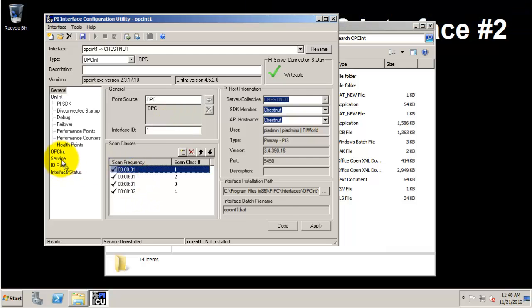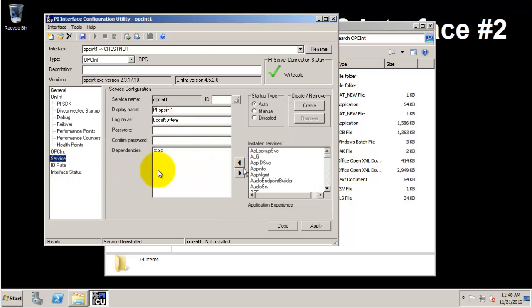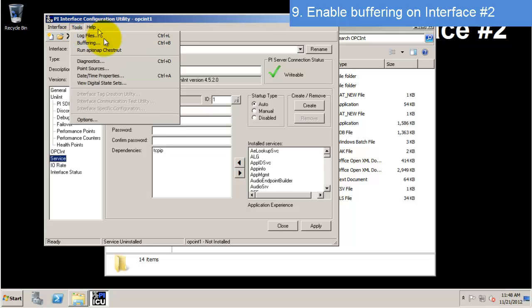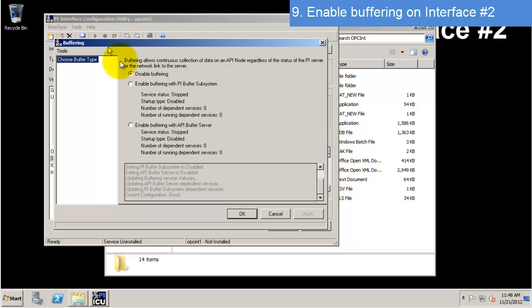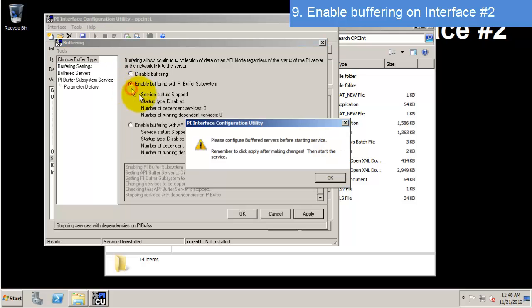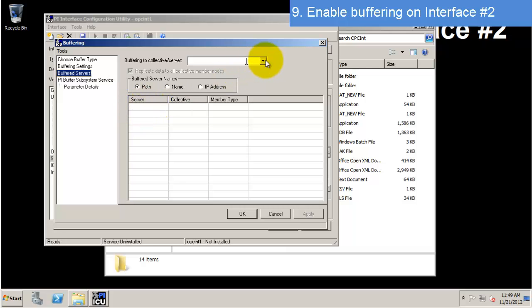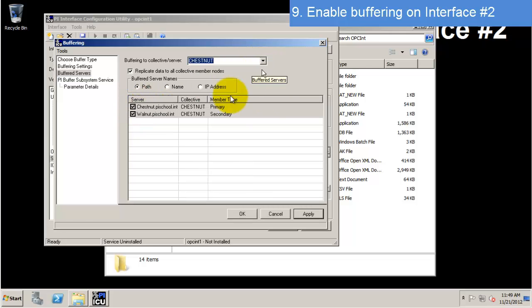See, the scan classes are all the same. Look at service. I haven't configured the PI Buffer Subsystem yet, but why don't we do that now? I go to Tools, Buffering, Enable with PI Buffer Subsystem. It puts a notice that we need to configure the buffered servers, so it's going to automatically take us there. From the drop-down I'll select my default Chestnut PI Collective. I want to replicate data to all collective member nodes, and there is the fully qualified domain name to each